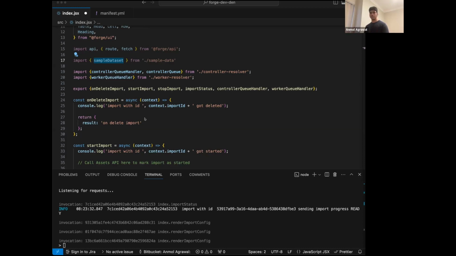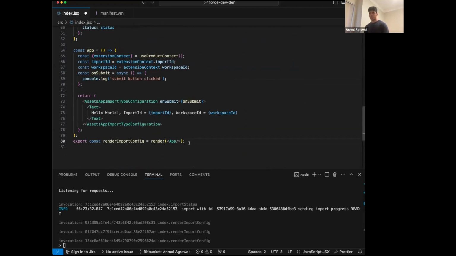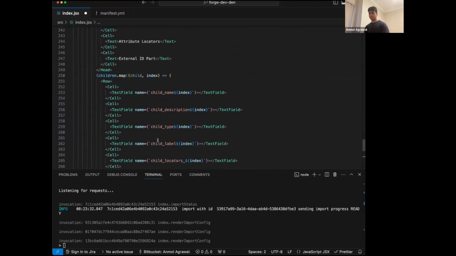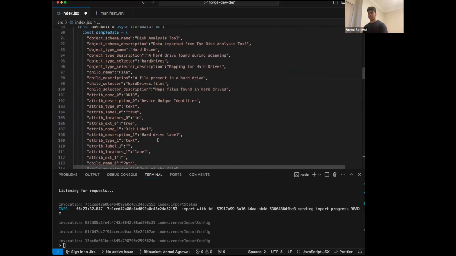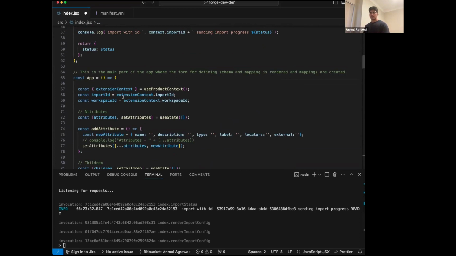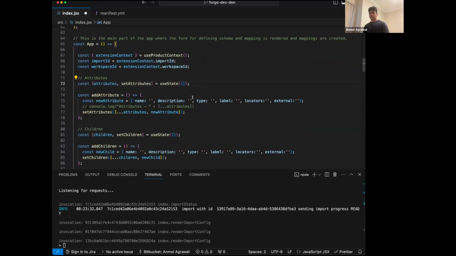So what I'm going to do is, first of all, look for the step where the UI that we just saw, the modal window, is defined. So I'm going to replace this with this. So just don't be scared. It's pretty simple once you understand what's happening here. So I'll take you through. So here's where it begins. First of all, we are getting some data about the import ID and the workspace ID where it's happening. So once that's done,